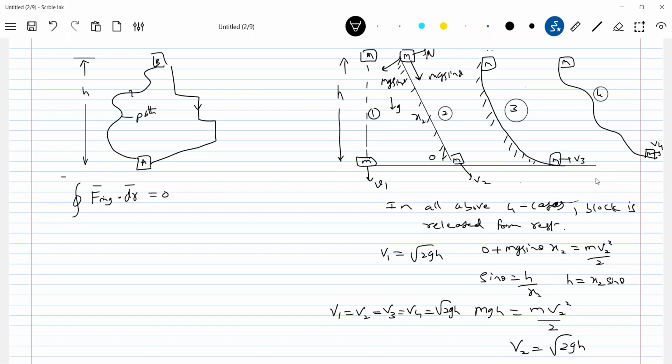If they give us a problem, the third one is very difficult for us, because mg sine theta will be variable, and we have to integrate and solve it. But it's very simple. It's telling us that the decrease in potential energy, mgh, should be equal to the kinetic energy. That's what this equation is telling. To minimize mathematics, the idea of conservative force is brought in. You can ask, sir, why are you bringing conservative force? Just to eliminate the mathematical part in solving numericals, we bring in the concept of conservative force. That's all, no other purpose here.